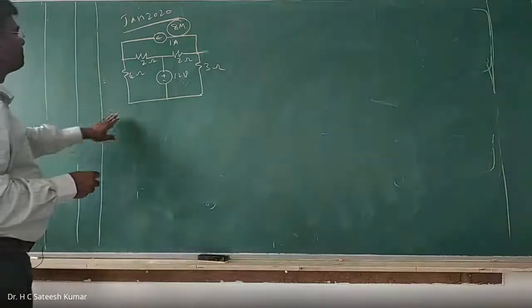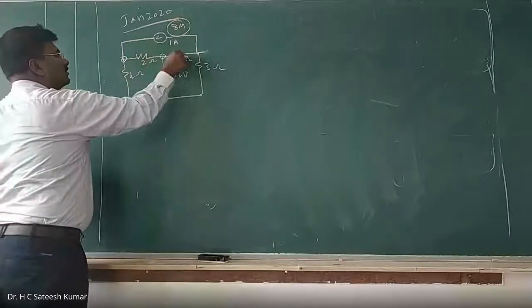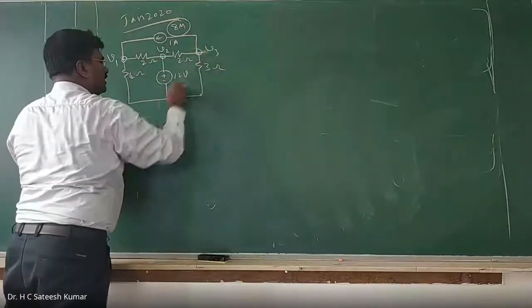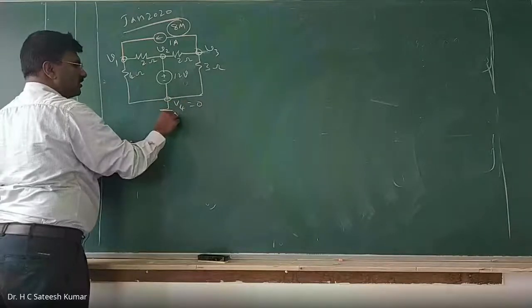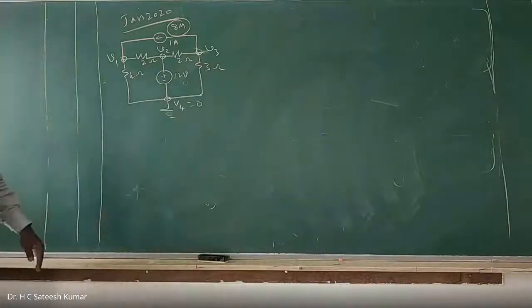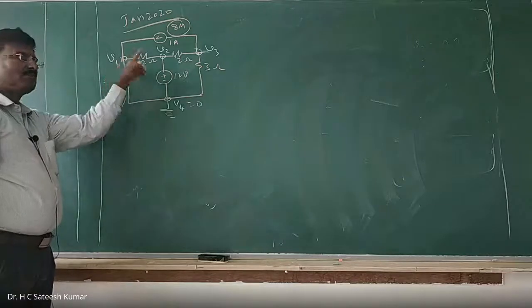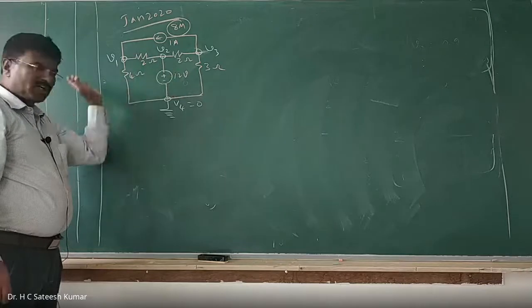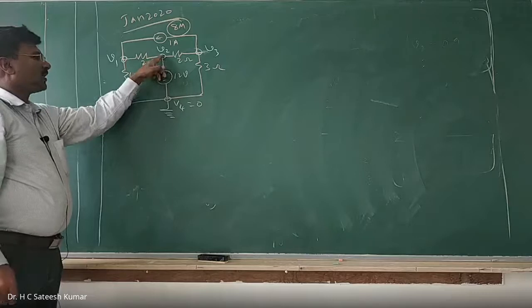Look here. Now identify the principal nodes: 1, 2, 3. Call the node voltages V1, V2, V3 and V4. I will keep the ground node as 0 because it is grounded, assumed to be 0 volts. Now, do you have any supernode? There should be a voltage source between any two principal nodes other than the ground node. But here it is at the ground node. If it is at the ground node, we can get the voltage directly.